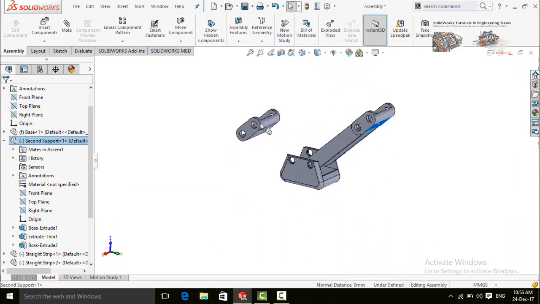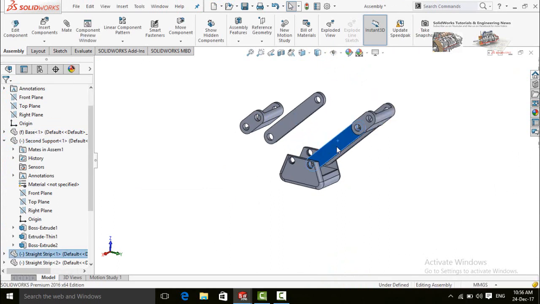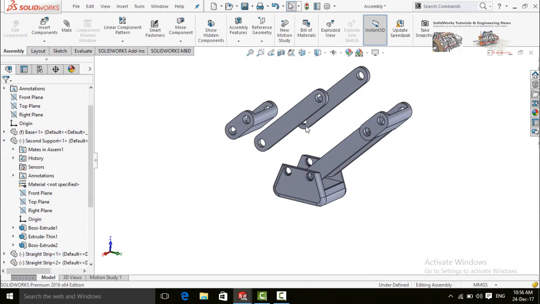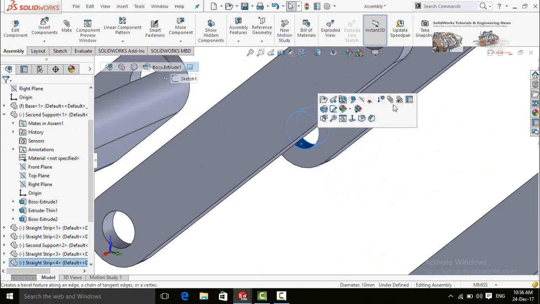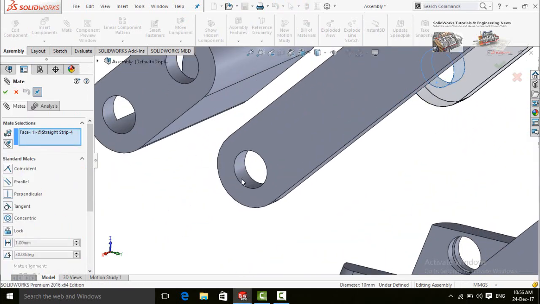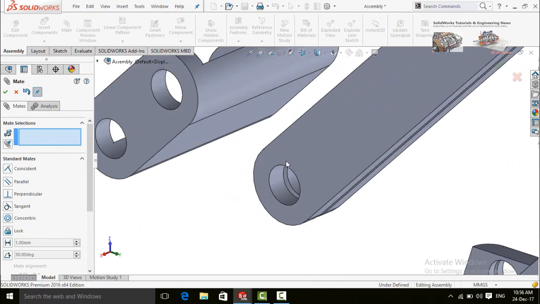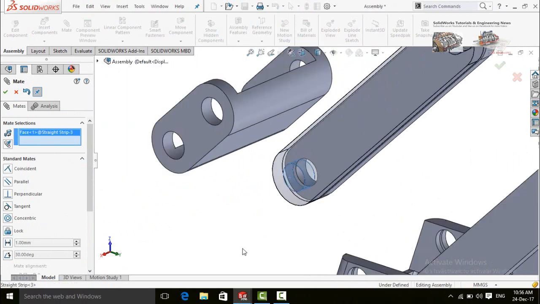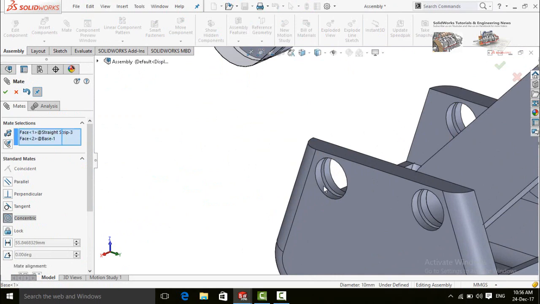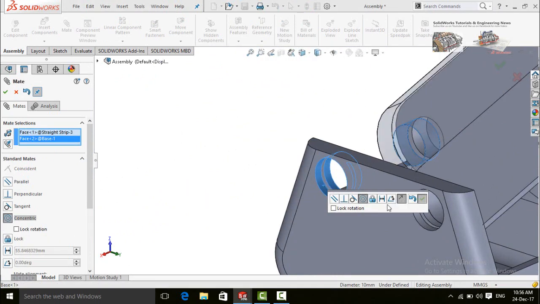Make duplicate of the second support and also for this straight strip. Make concentric mate for this cylindrical face of this bore and with this. Once again, make the concentric mate of this cylindrical face with this face and press OK button.